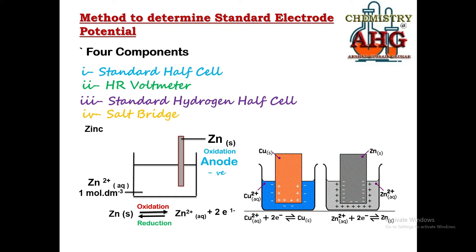So positive charge starts building on the copper plate, while the solution gets more and more negative. Why? Because positive ions have been deposited on the copper plate, while the negative ions in the solution, like sulfate ion or chloride ion, have become greater in number. So relative to the plate, the solution now has become more and more negative. So you must remember this information for your A2 chemistry: whenever oxidation takes place, the electrode plate gets negative charge, and whenever reduction takes place, the electrode plate gets positive charge. I hope you have understood this.